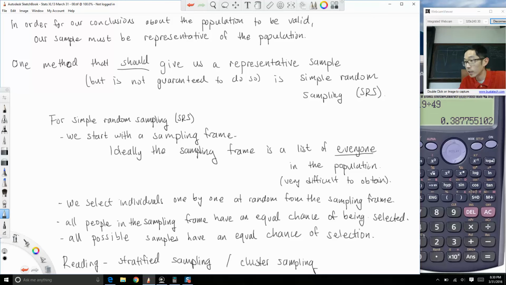These are non-simple random sampling methods that try to get a representative sample,